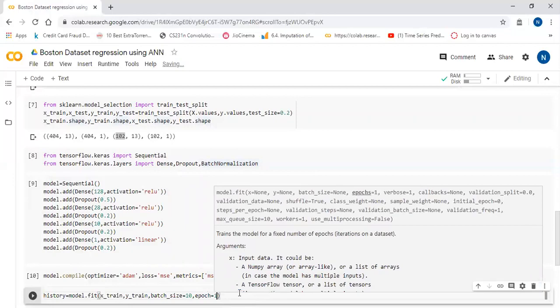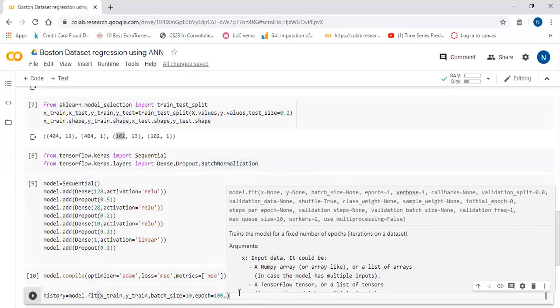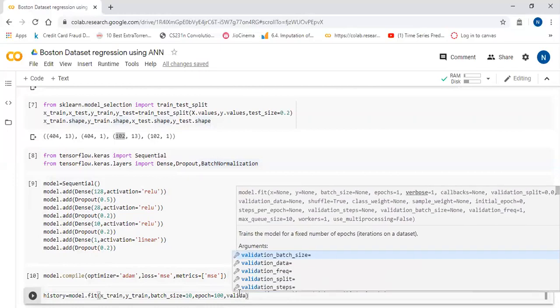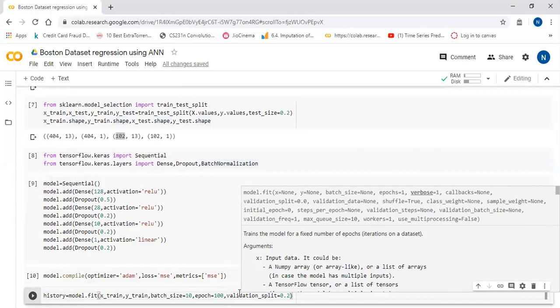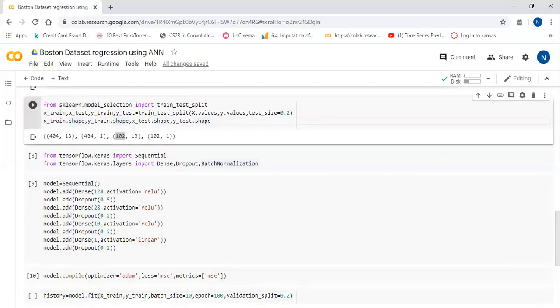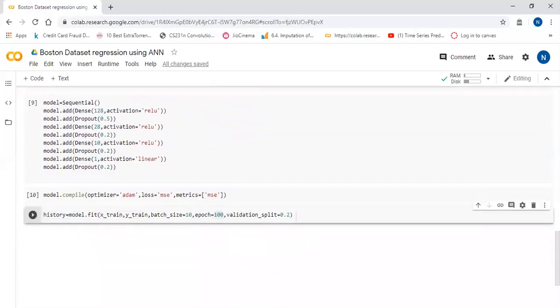We will pass epochs as 100. Okay, and we will pass validation split as 0.2. We are going to pass 20% of the data to the validation. I will show what epochs is once we get the output.